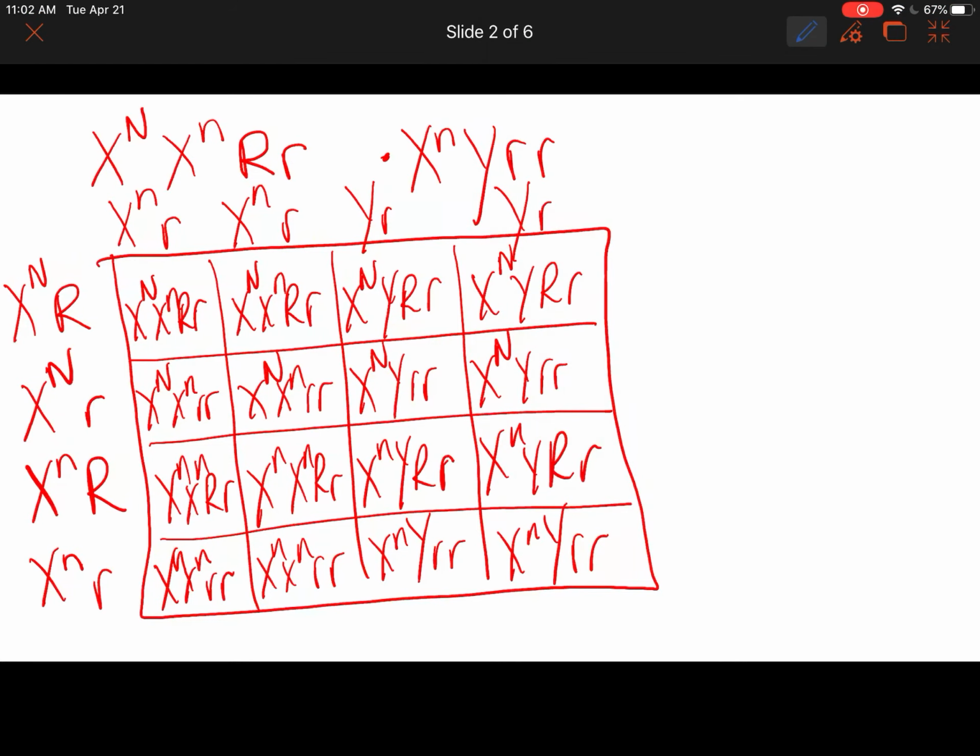Okay, so now that the Punnett square is complete, let's answer some questions. Okay, so of their children, how many would we expect to be colorblind? Okay, now this is out of the entire 16 possibilities here because we are talking about all of the children. Okay, so let's combine it with how many would we expect to be colorblind and not be able to roll